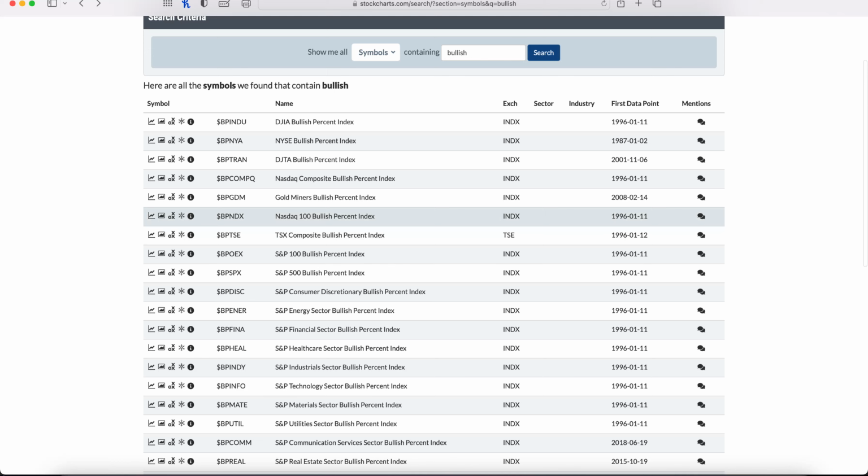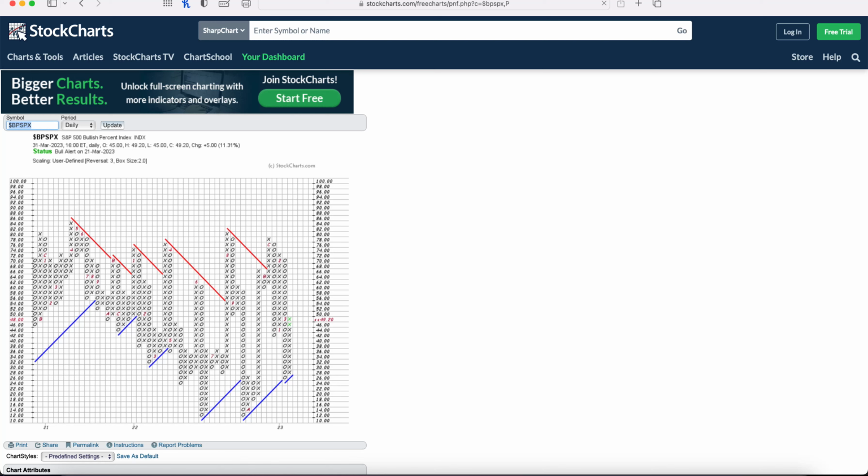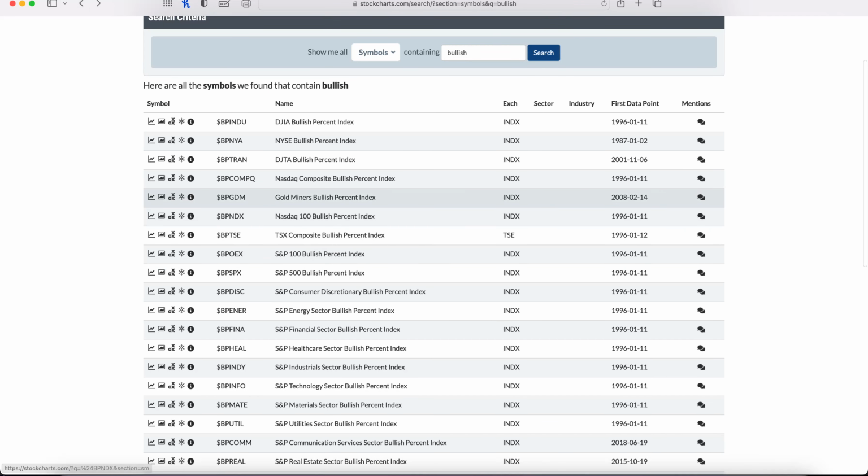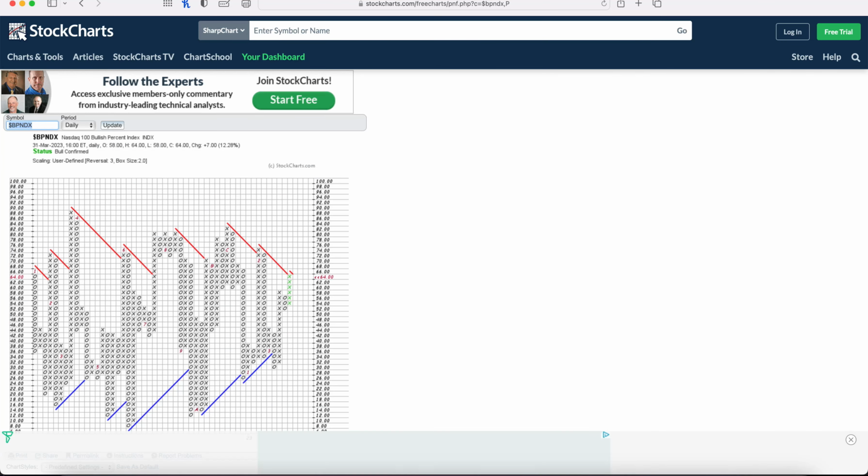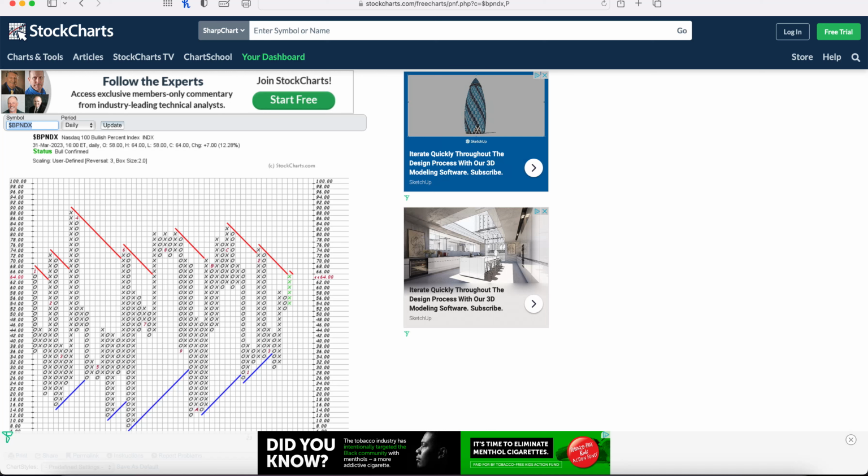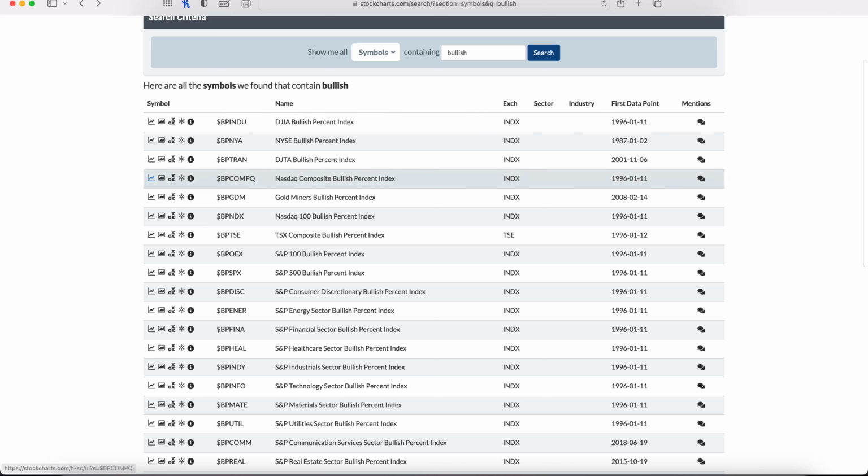And that was the comp. Yeah, okay. Here's the S&P, tacked on a couple of X's, and then the NASDAQ 100, which is more volatile, and I called this yesterday. It needed to get up and above the previous X to turn into a new point and figure buy signal, which is what this is. It did that all in one day and moved quite a bit, 12.28%. So the NASDAQ 100 has moved quite a bit. The NASDAQ itself, which is a lot more stocks, hasn't done it yet.